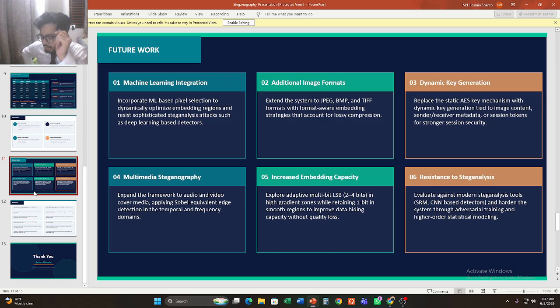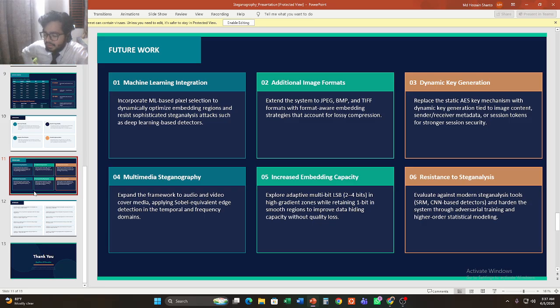MSE, mean square error, measures the average squared differences between corresponding pixels. RMSE, root mean square error, is the square root of MSE in the same unit as the pixel values. Lower is better.